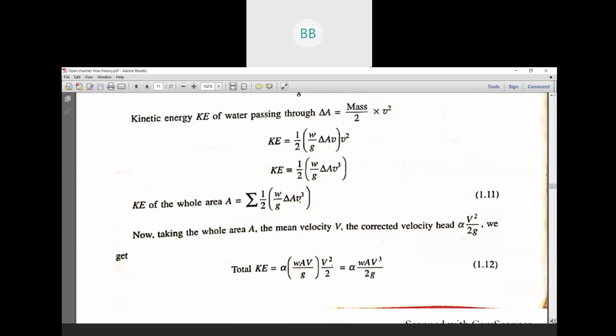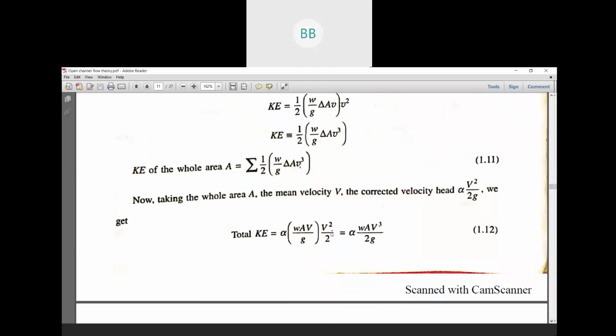So our intention is to find out the expression for alpha. What we have calculated here is the kinetic energy for the whole cross-sectional area by considering a small elementary area, which we have determined here and put as equation number 1. Now if you want to find the kinetic energy for the whole cross-sectional area,